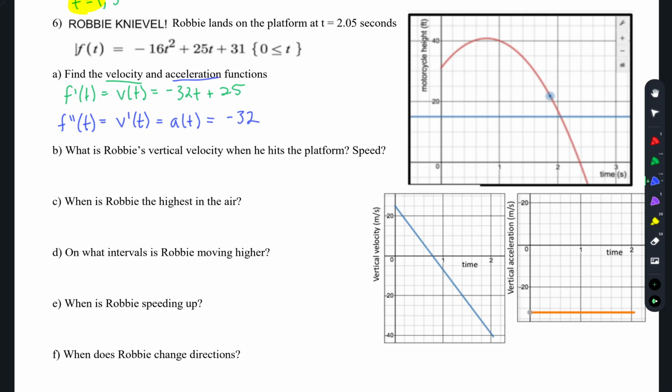And -32 feet per second squared is gravity, which is constant. All right, vertical velocity when he hits the platform. If we're working with velocity, you need to know when he hits the platform. Well, he lands at the platform at this time, so that's just a straight plug-in scenario. Okay, so to plug in f prime